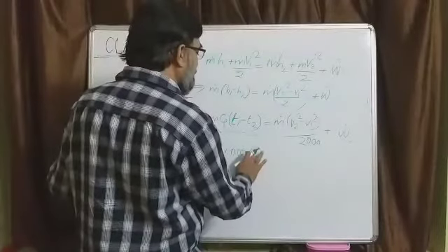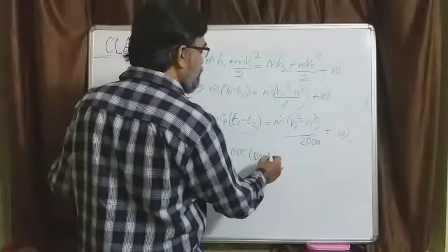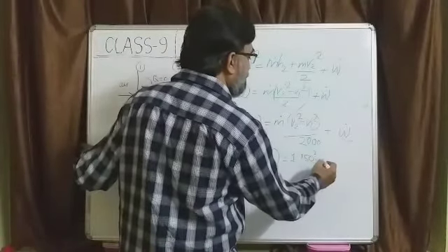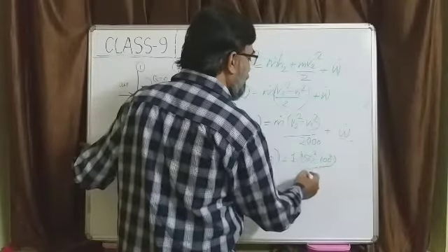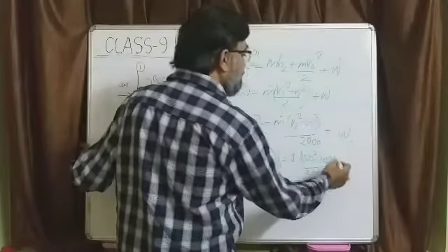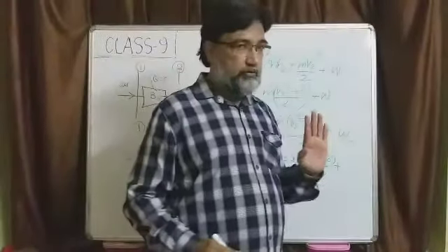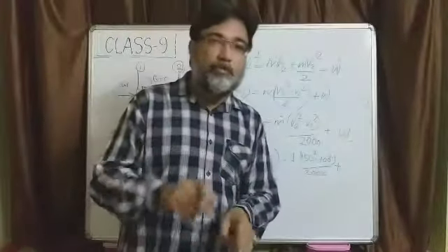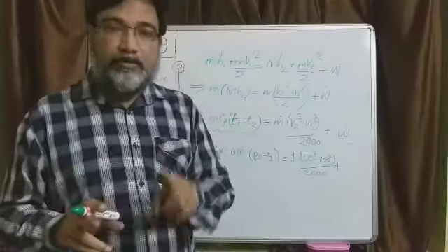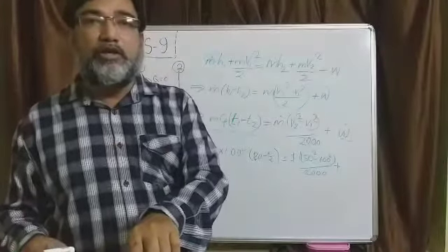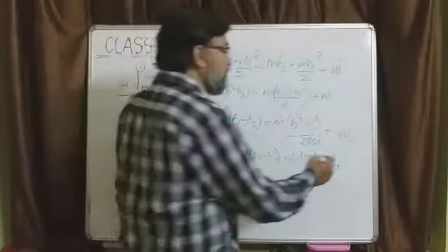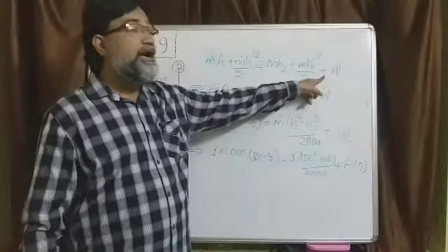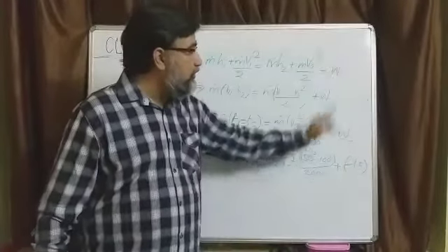T1 minus T2 is equal to 1 into 150 square minus 100 square divided by 2000, plus what you are going to write? W dot. So W dot is how much? You are replacing W dot by a number. What is that number and what should be its unit? The number is 15, the sign is minus, and the unit is kilowatt. So already everything is in kilowatt. So here you will write minus 15. Do not write minus here; let it be plus. When you are replacing W dot, there you write minus 15.